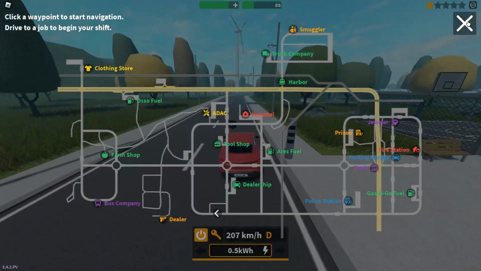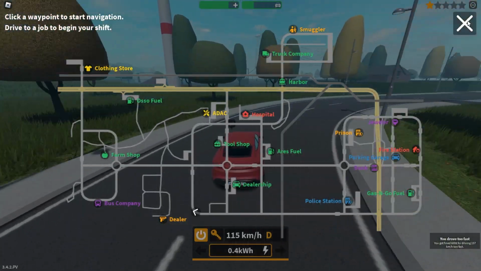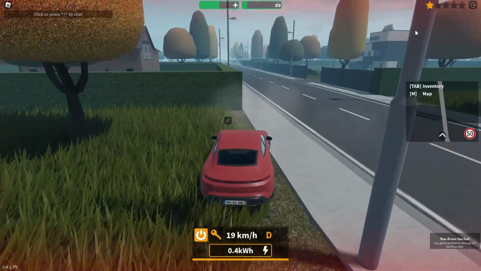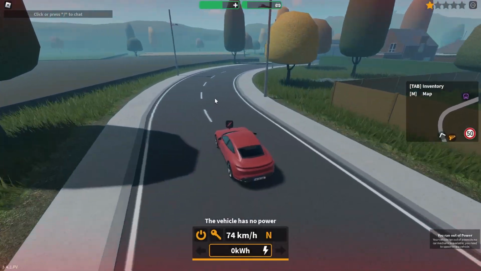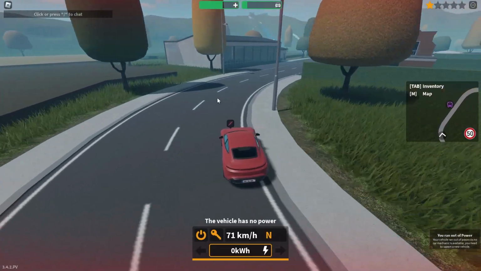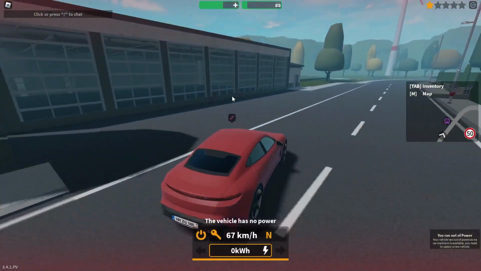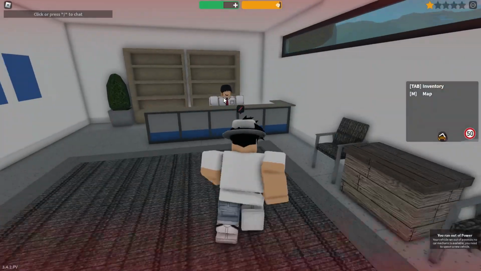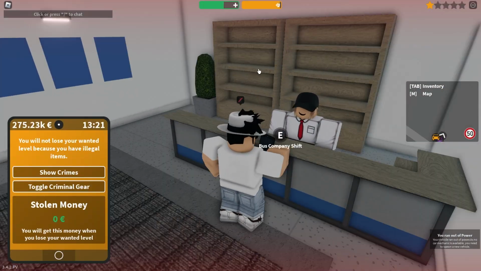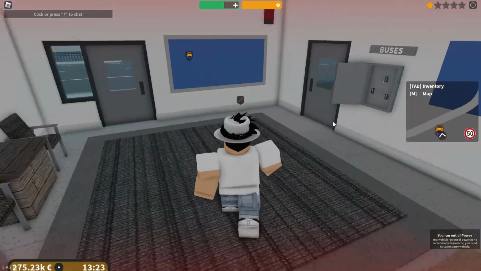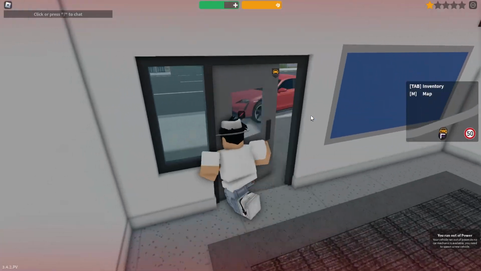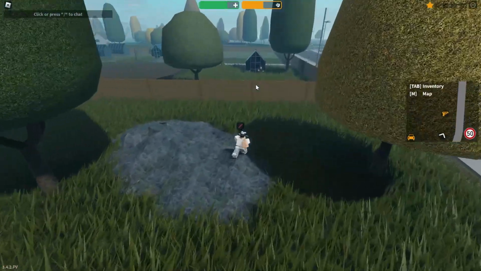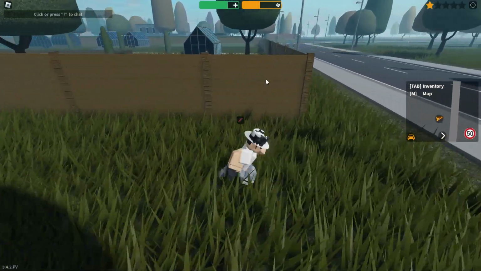So let's just head over to the bus company, spawn in a bus, and then I can take a photo and we can start working on this suggestion. Oh my god, I just ran out of power. Perfect timing. Pulling up at the bus company, just ran out of power. Great work, car. Okay, let's, oh, of course I'm wanted. Nice. Gonna have to wait another 15 minutes now. This guy is just chilling in the most random spot ever.